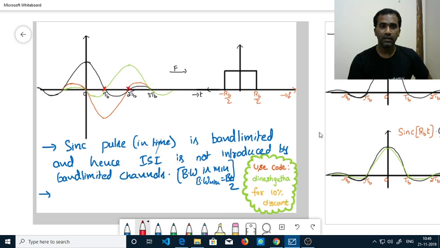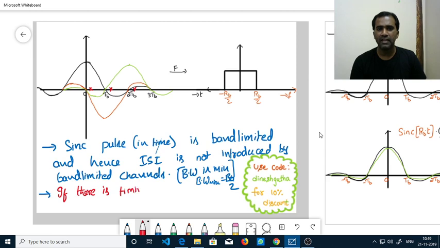If there is an error of timing, for example, instead of this as the starting time, it recognizes this as the starting time, then since the gap is TB, it will recognize this as the TB time, and this as the 2 TB time. Instead of this as the 0 time, it will recognize this as the 0 time, which means there is some error in the timing synchronization. It is possible; any circuit can make small errors. So if there is a timing error,